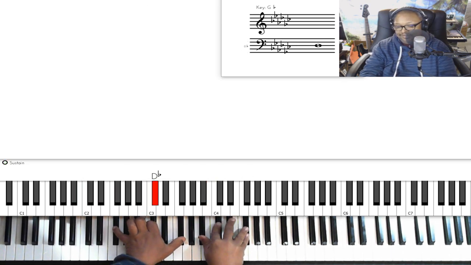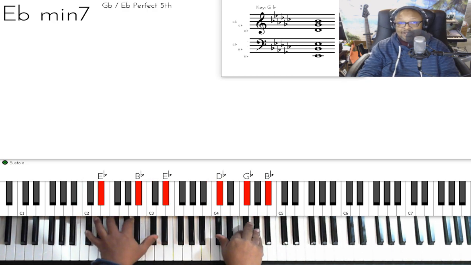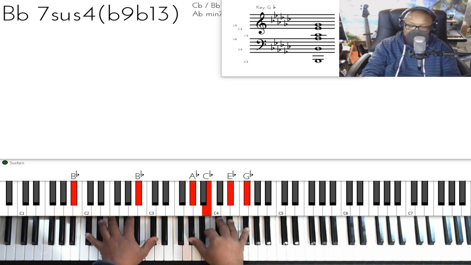Then it'll just eventually go bottom, bottom,